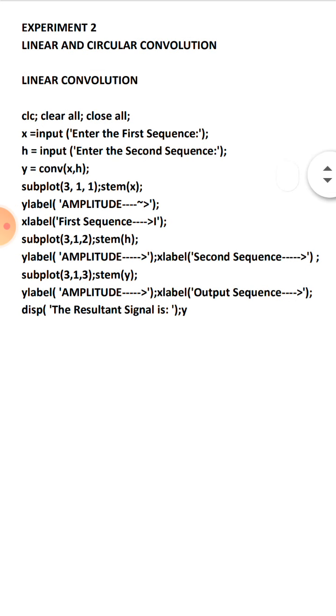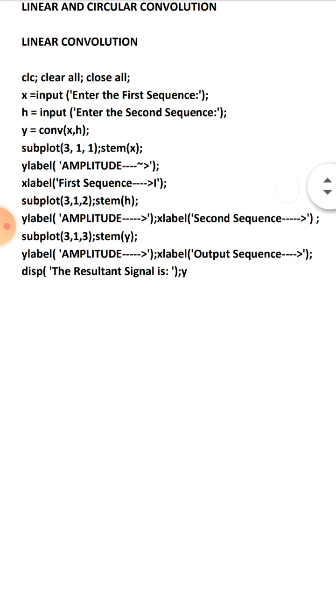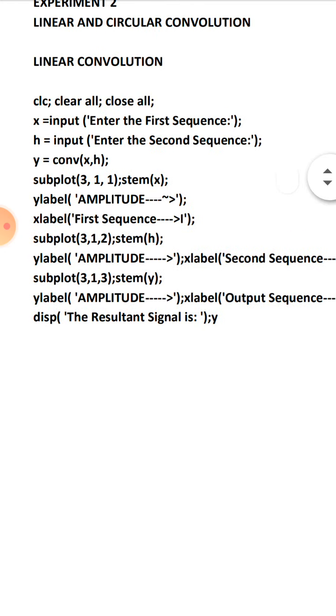Now we are going to use subplot to plot these three signals. We are going to have 3 rows, 1 column, and it will display these signals one by one. So subplot of 3 comma 1 comma 1 is 3 rows, 1 column, and the first position, where you are going to plot as a discrete sequence. So stem of X. You are plotting X as a discrete function.